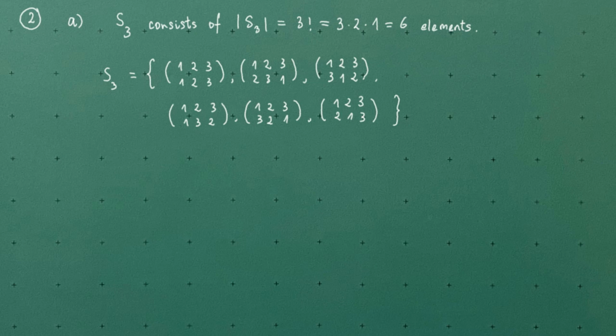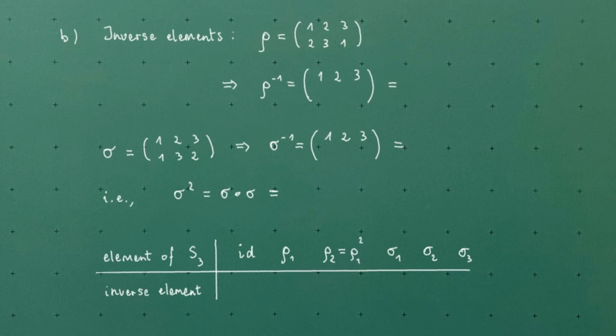So these are all the elements of S3. Next, we are supposed to find all the inverse elements, because remember, in a group, every element has to have an inverse element that nullifies its action. So as we learned in the corresponding video,